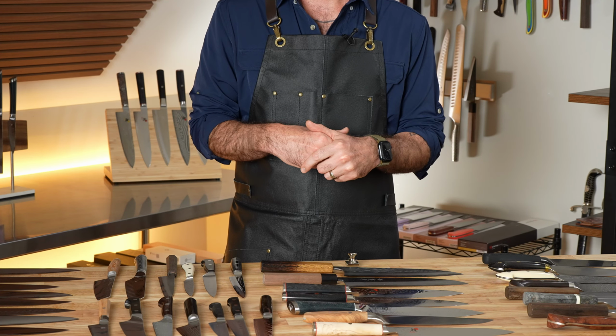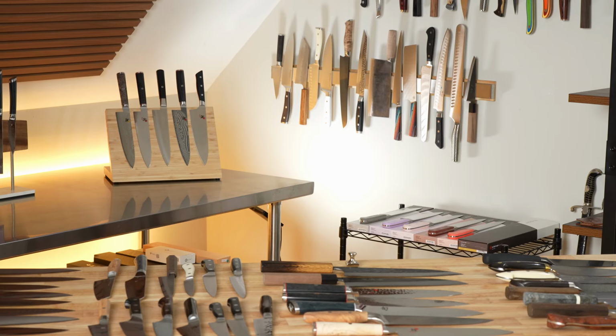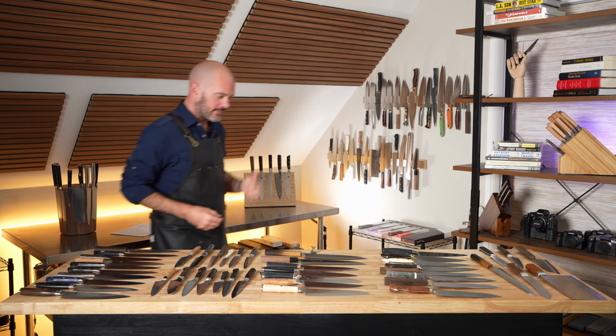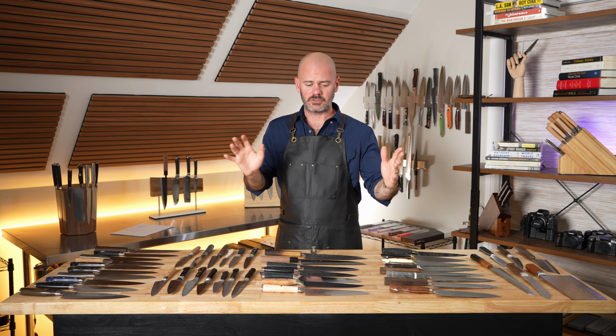One of my cameras just shut off on me. Hang tight. Flopping my jaw so much, I filled up my memory card. So we'll kind of blend this to